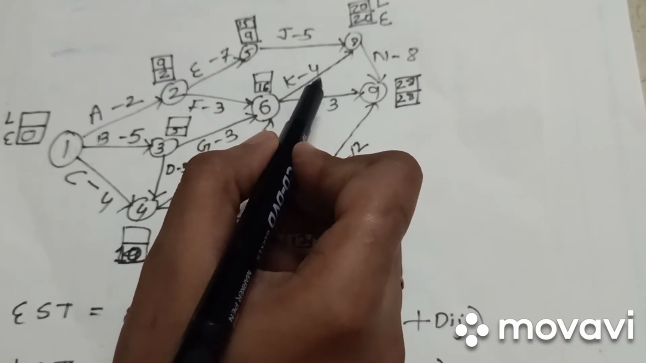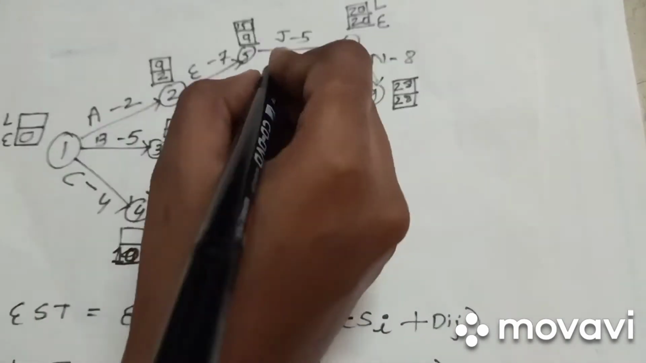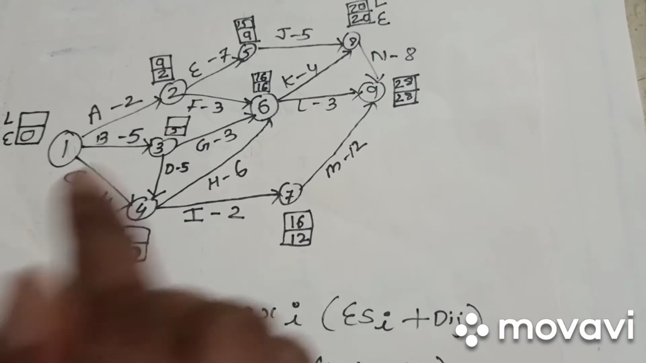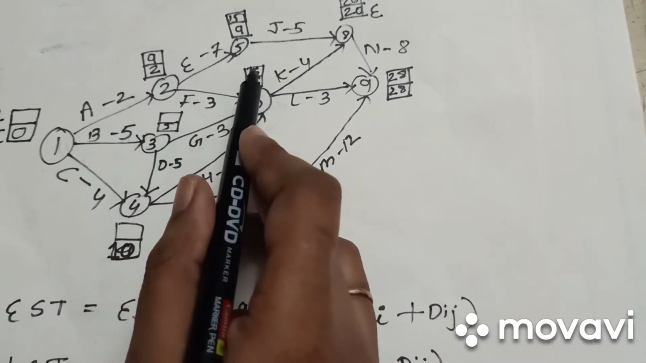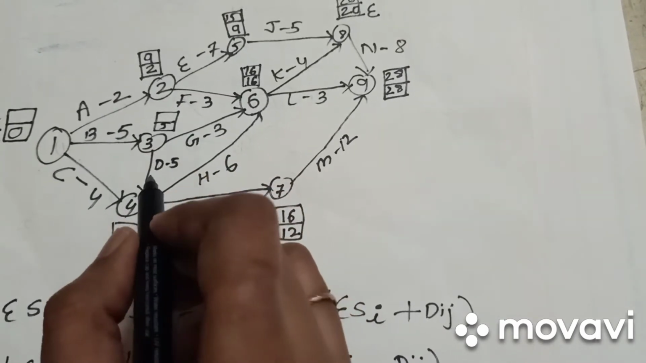20 minus 4 is 16. So 16 is the minimum. For backward we have to calculate the minimum amount. After 16 to 6, here for node 3 we will calculate 16 minus 3. So 16 minus 3 is,